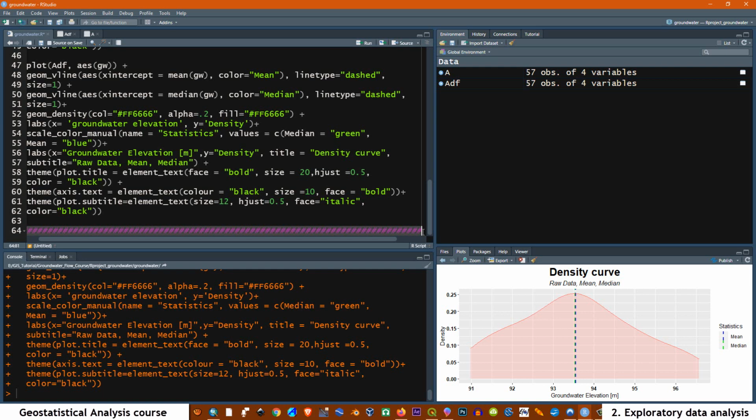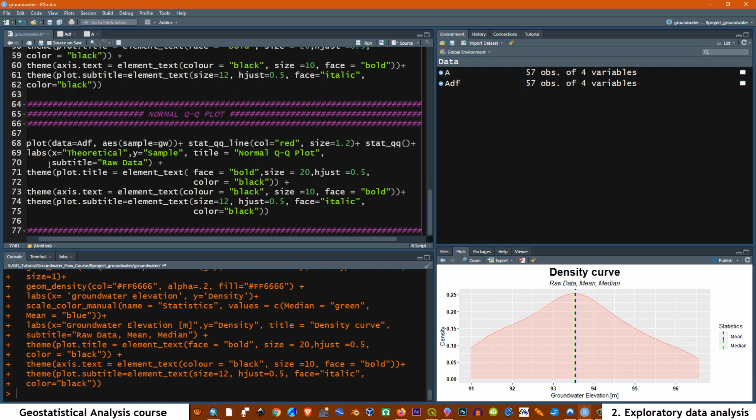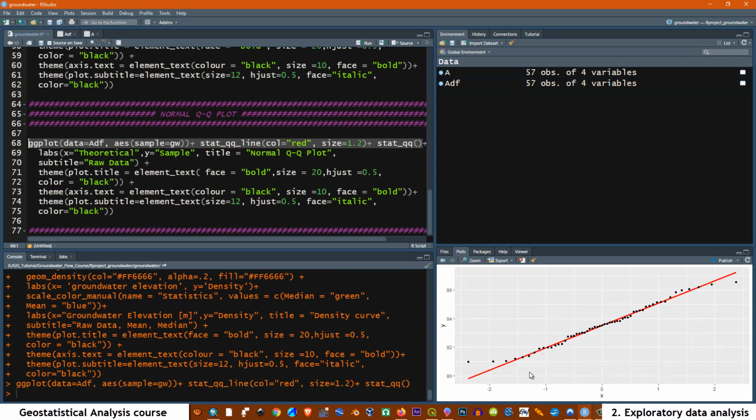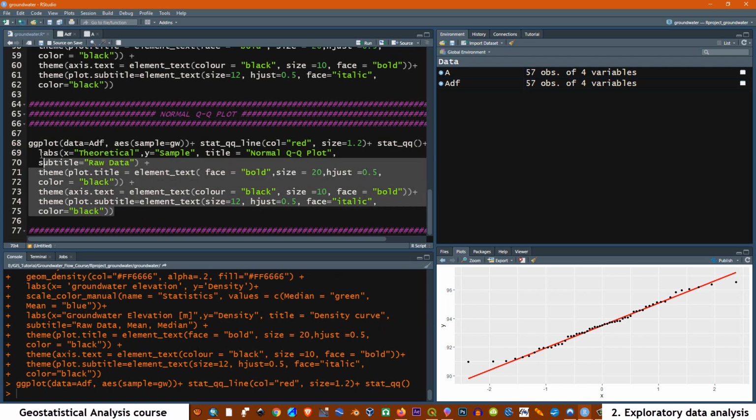Let's copy here. And let's fix this one a little bit. This one is as before, but here we need to add this sentence here, sample, for this kind of script. Okay, but if you run just the first two parts, you are going to have this graph without labels and without titles and anything. But if you run all the script, you are going to have everything, because all the information is here. For example, labels here with the names of the X and Y, and also for the title and the subtitle, and also there are some additions for the axis. Okay, let's run everything together,